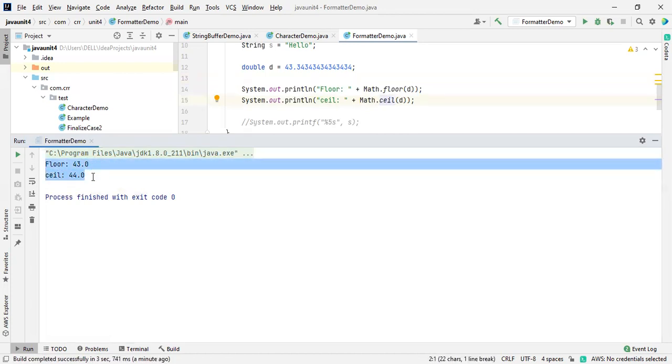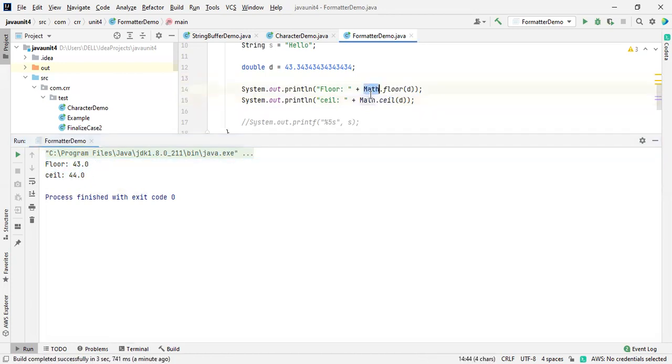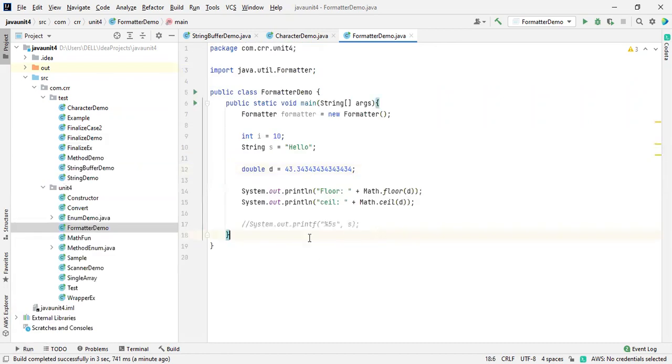So such types of things are not wanted. Math.floor and Math.ceil are not used because I want only three or four digits. I want to format it. On that basis, we are using the formatting. Okay, let me take you through that, one second. So a formatter plays an important role over here. I will take an example. I just want to copy it. I don't want to type it right now.